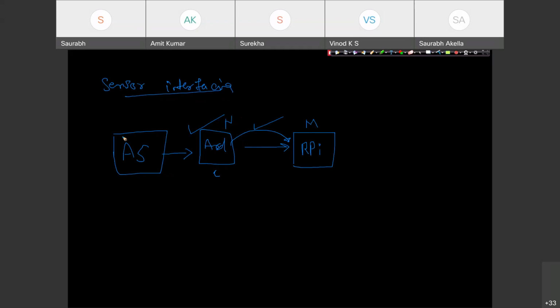Suppose this is node one. If you have more than one sensor, analog sensor number one, two, likewise you have many sensors, say 50 different sensors, which is very common in industries. Suppose there is a lathe machine. On a lathe machine there could be n number of parameters to be observed, 50 different sensors.